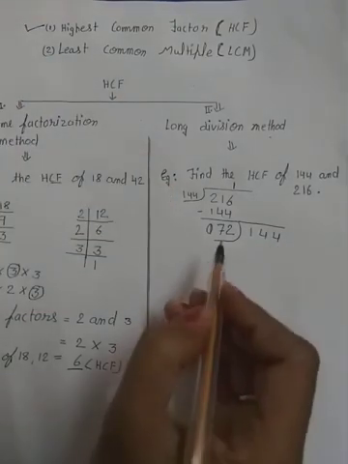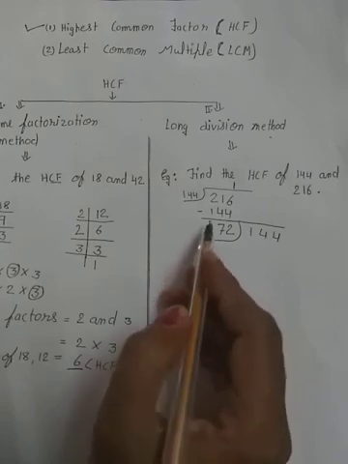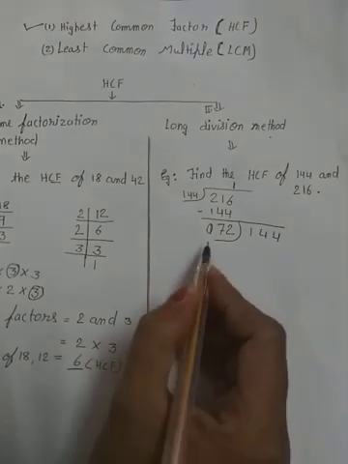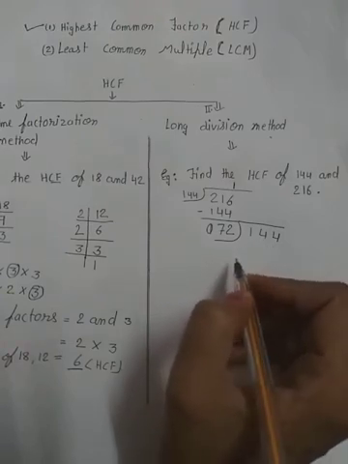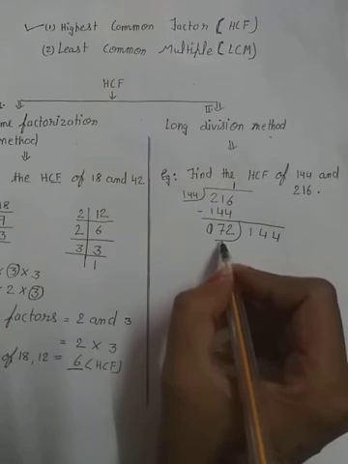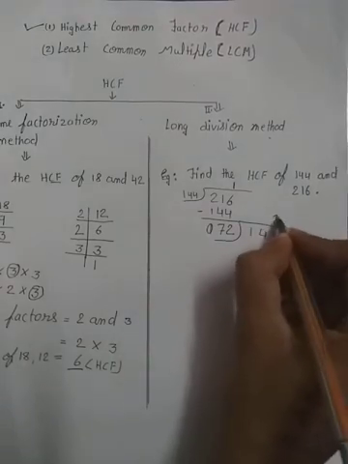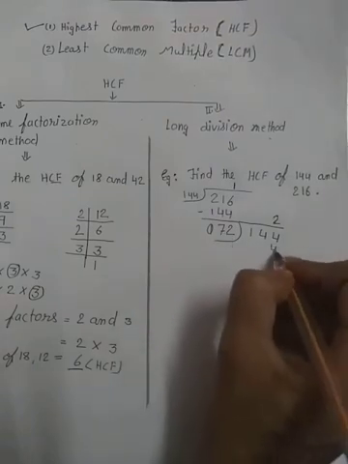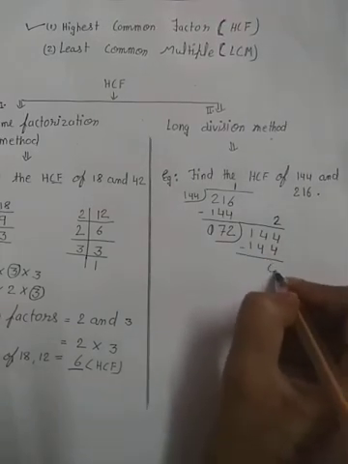Okay students, the remainder becomes the divisor in the next step, and the divisor becomes the dividend. So 144 divided by 72. We have a shortcut method to divide. We will speak the table of 70. 71 is 70, 72 is 140. So we divide 2 times and 2 we have more. 2 twos are 4, or 144. Now we don't have any remainder here.